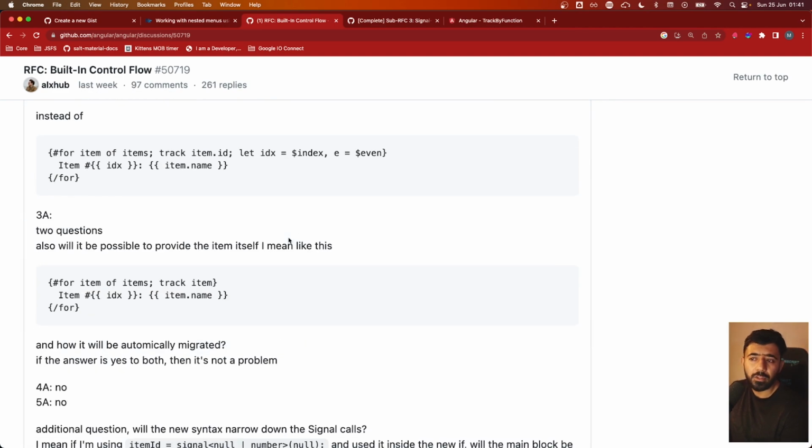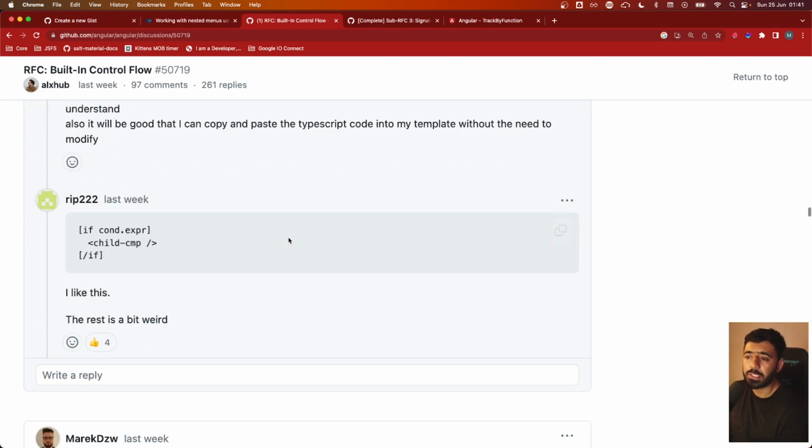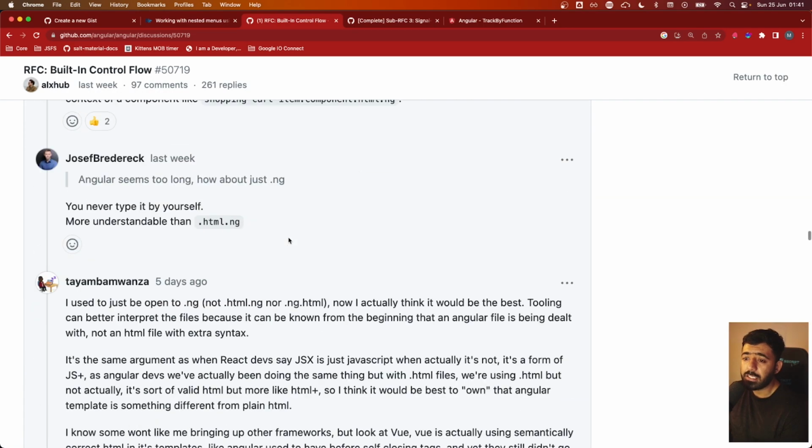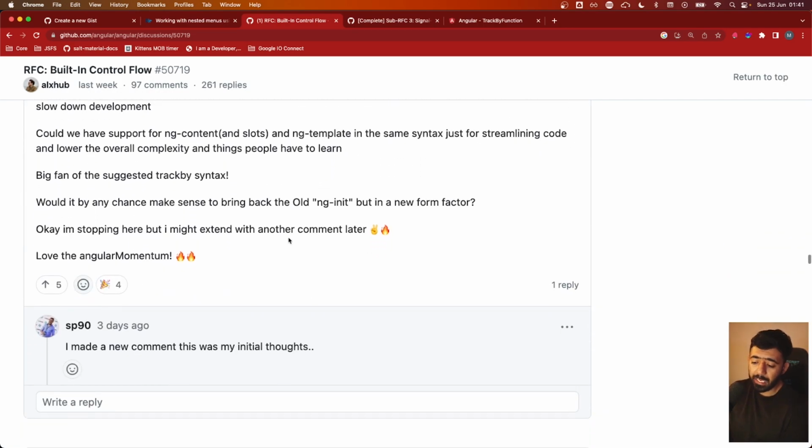I think I covered all of the things. I did see a lot of cool questions, a lot of interesting chat that happened even till the last comment that I just saw. I think it's amazing. To me, it seems like Angular is going in the right direction. They're experimenting with a lot of things. One of the things also is,